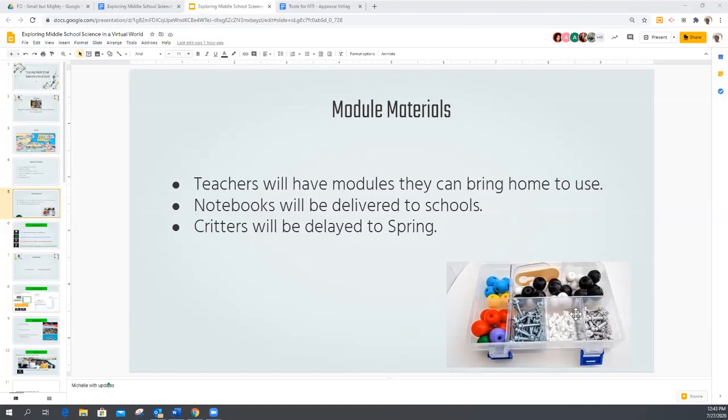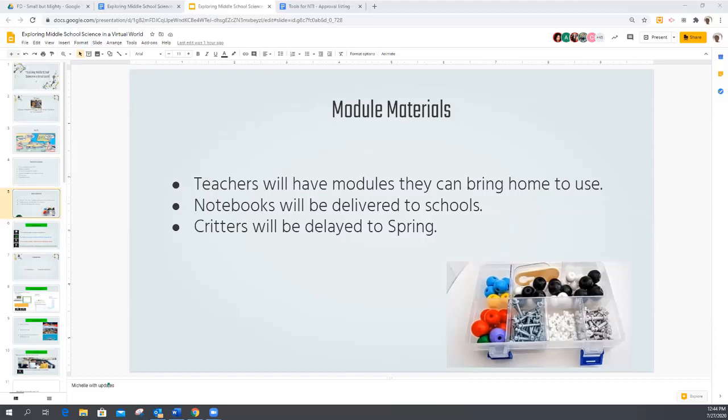Right now, it looks like the majority of the critters for 7th grade for structure and function and pop and eco could be affected. We know for sure structures and functions are. So we're going to defer those to a later date so that kids still get the opportunity to interact and look at the paramecium and the other things that they're looking at, and the adults. So that's really kind of all we have right now, and like Charlotte said, it is subject to change.